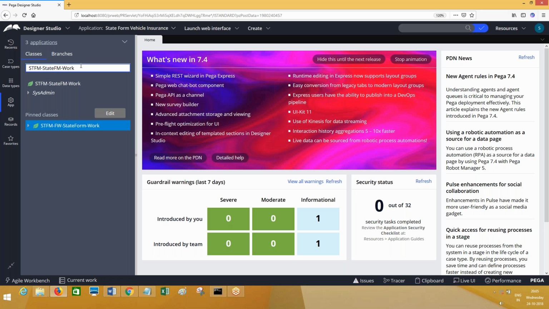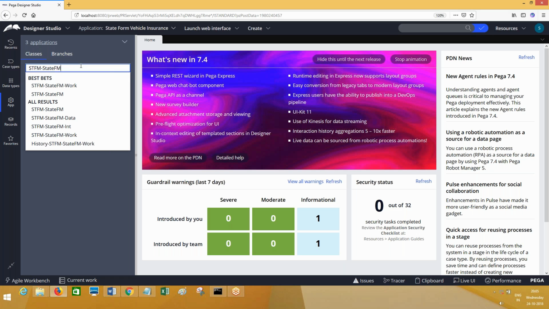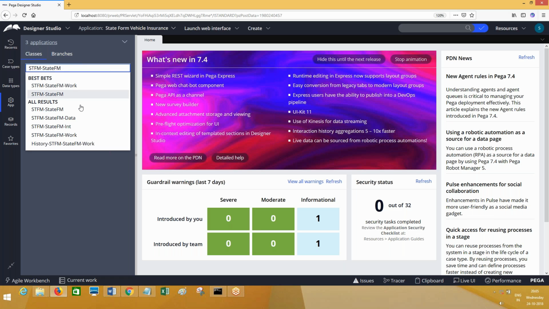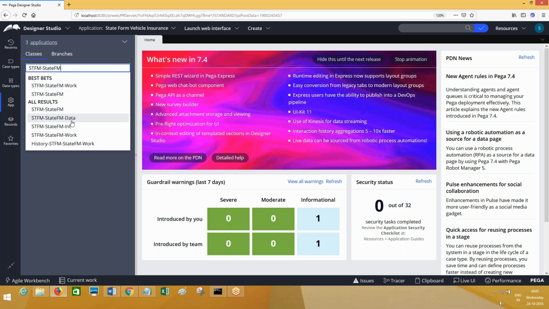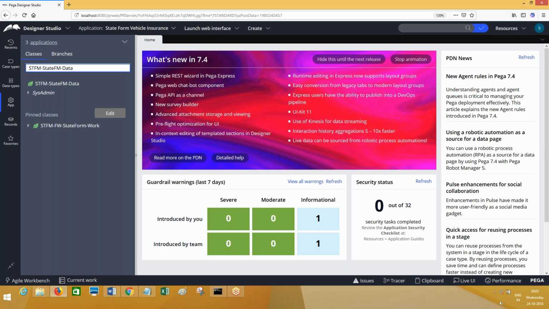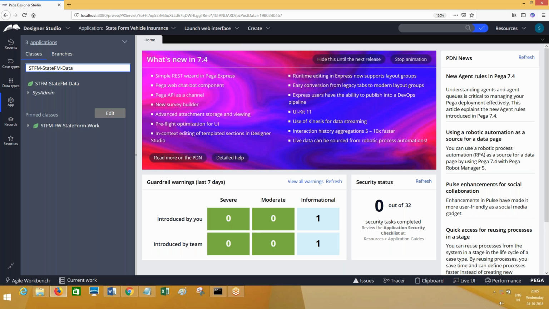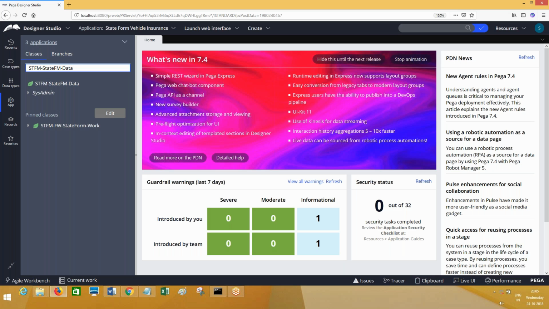Suppose if I backspace this, parallel to work you have data, STFM, state FM, data. This was also created at the time of application creation. We did not create it. This class is called the data layer. It is a data class. Your work class inherits from work dash class.